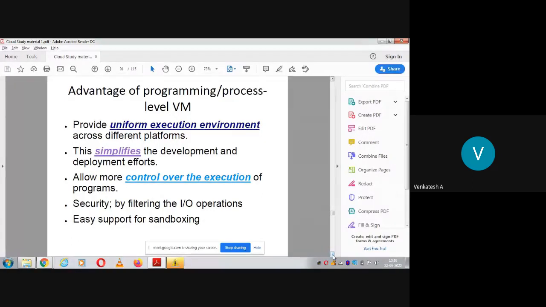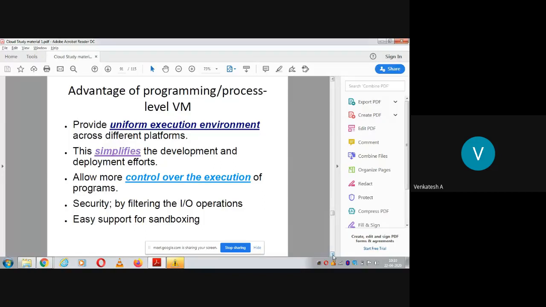Then you may have to explain about the Java bytecode and .NET programs, which can be ported from one environment to another, or one machine to another. They are also called platform independent code. Whatever code you write using Java or .NET is called platform independent. But what is truly platform independent is Java, not .NET. .NET is not truly platform independent.